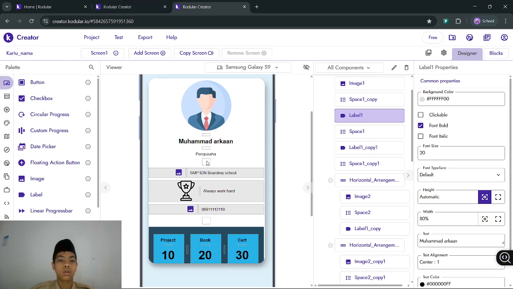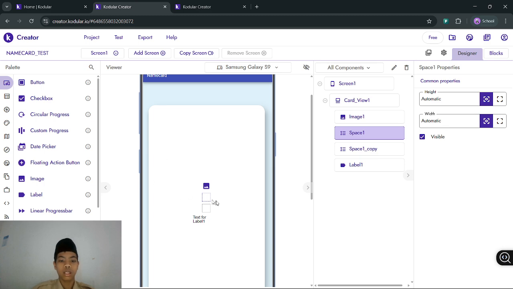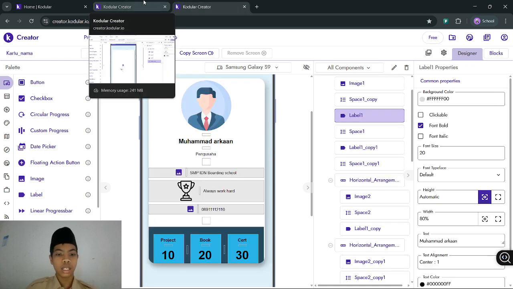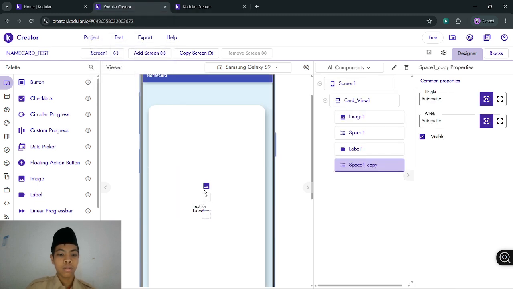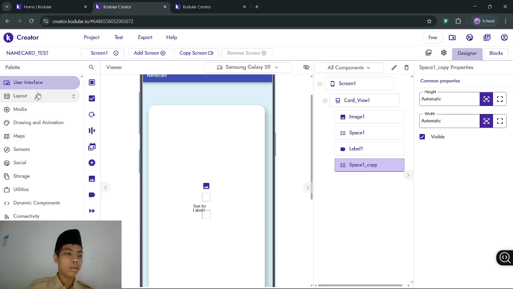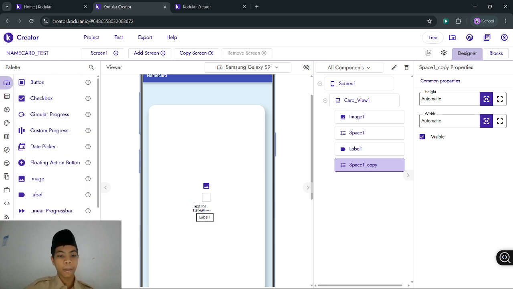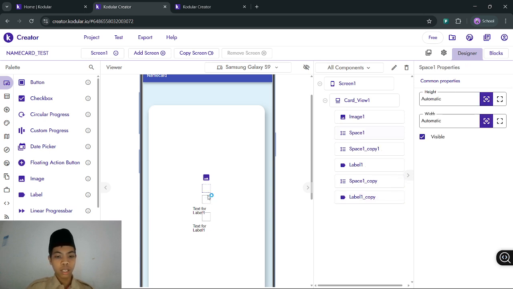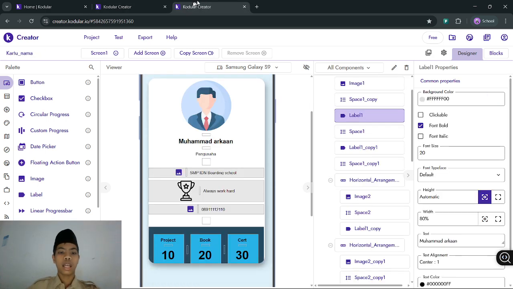So we need this one. Okay, first like this, and then put this down, and we put a label again, and duplicate again, put it down here. Okay, after like this,